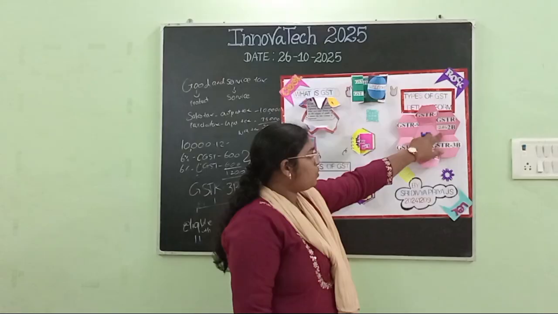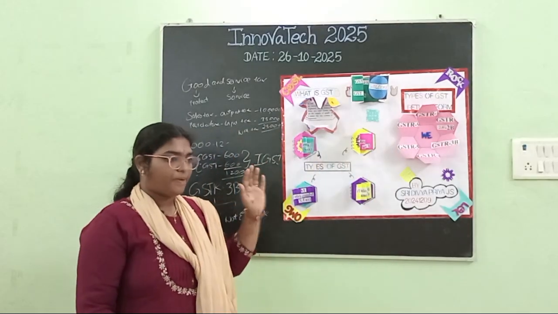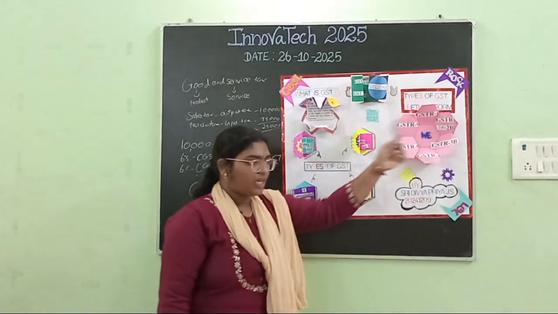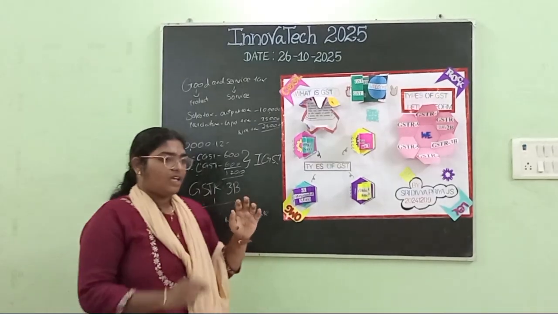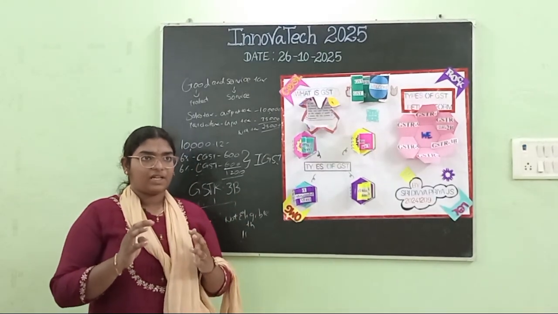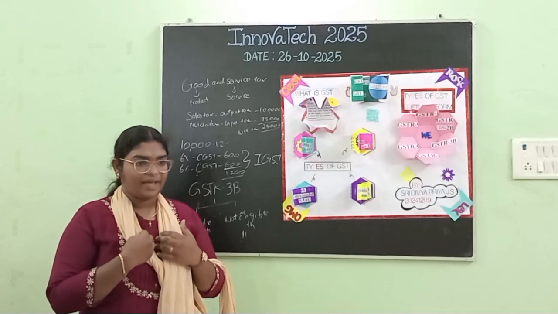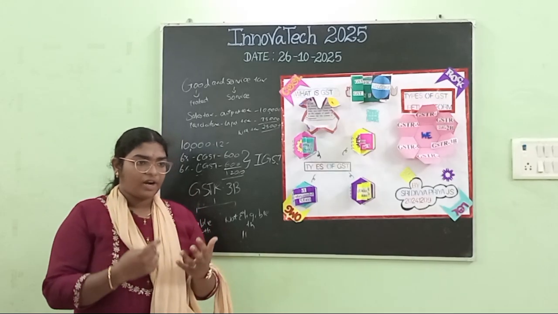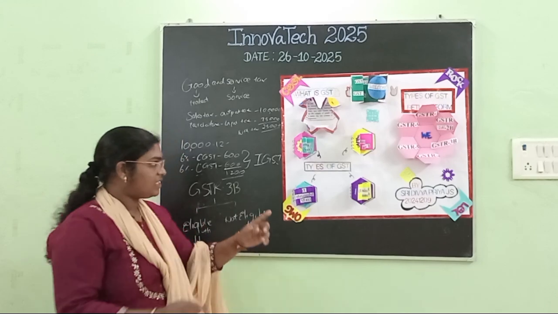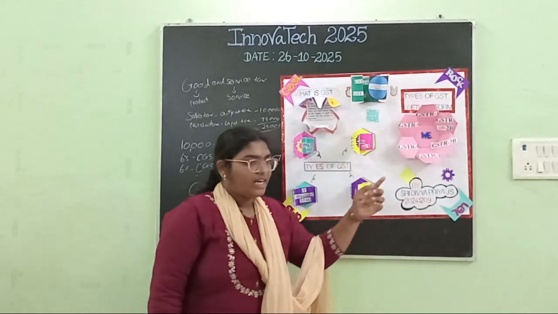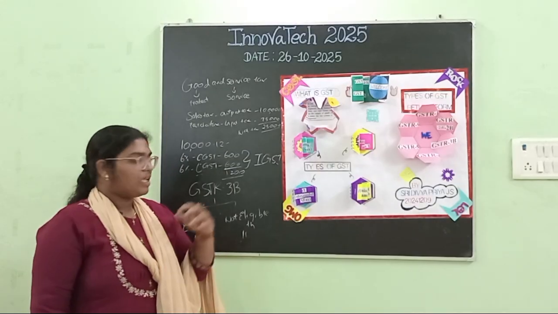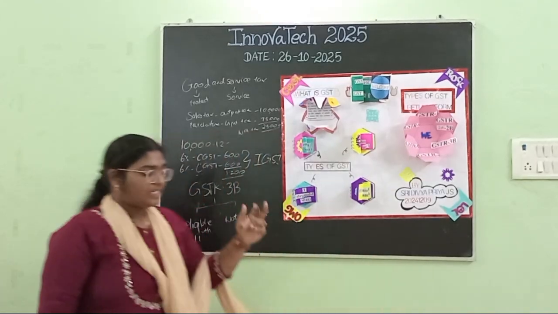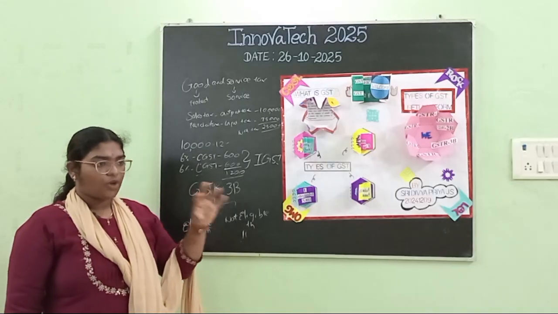And GSTR 2A, 2B. GSTR 2 is for purchases, and it is divided into two, GSTR 2A and 2B. For example, I am the buyer and Ram is the seller. Ram sells some product to me and he files GSTR1 before the 11th, showing that Divya has bought some product from him. This GSTR1 is turned into GSTR2A, 2B for me. GSTR2A, 2B is an auto-generated document.